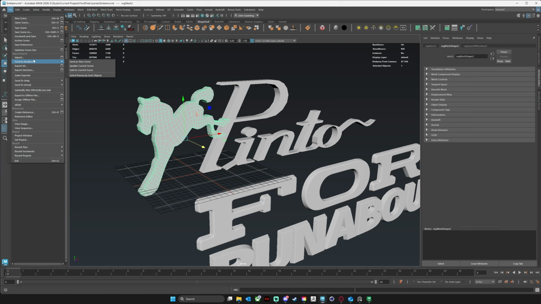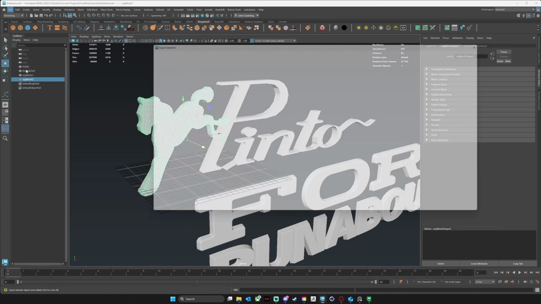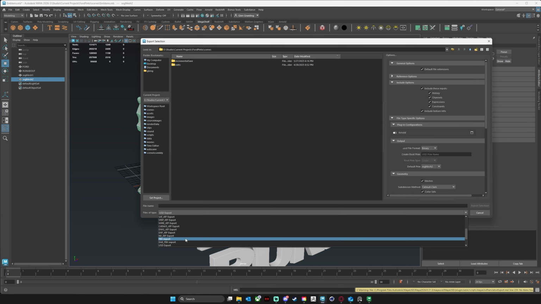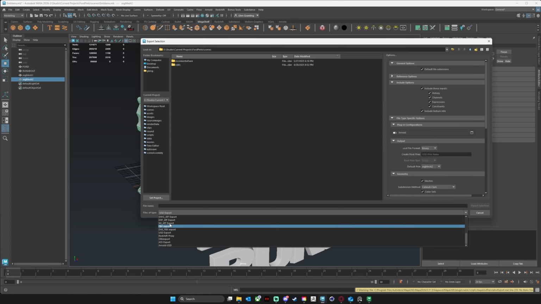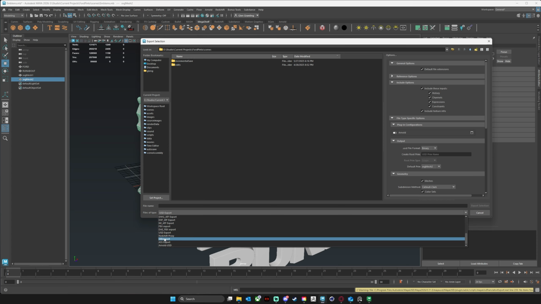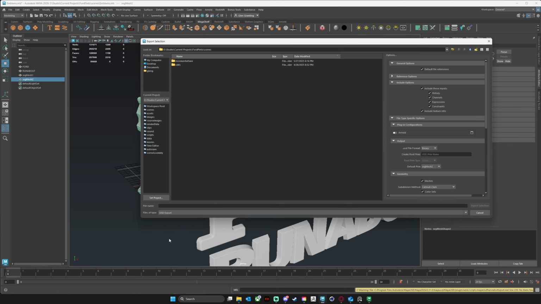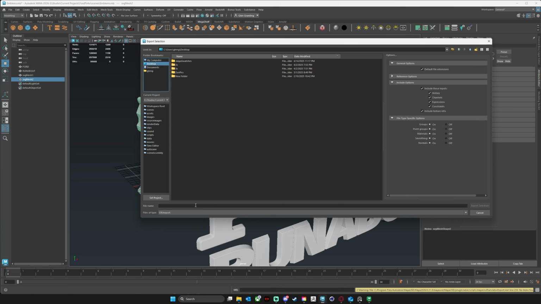I want to show you how to do it a different way so you don't run into this issue. So what we're going to do instead is we're just going to do Export Selection, and we're going to export this as, you could do FBX or USD, we're going to do OBJ. So I'm going to export this as an OBJ. And we're just going to throw it onto the desktop for now. And I'm just going to call this Pinto horse